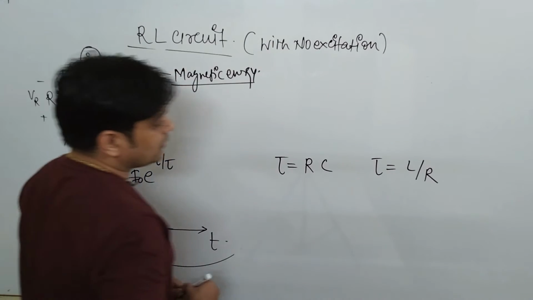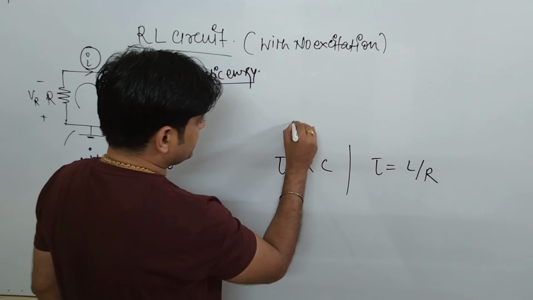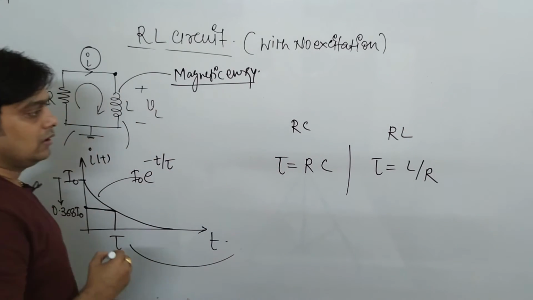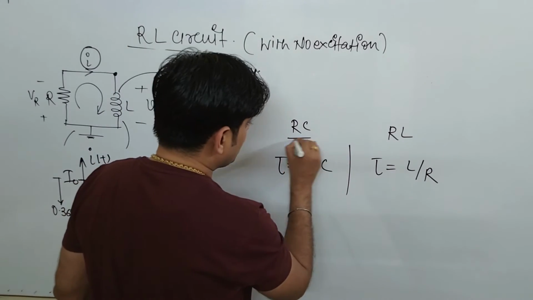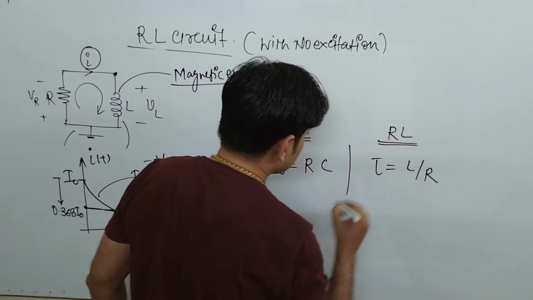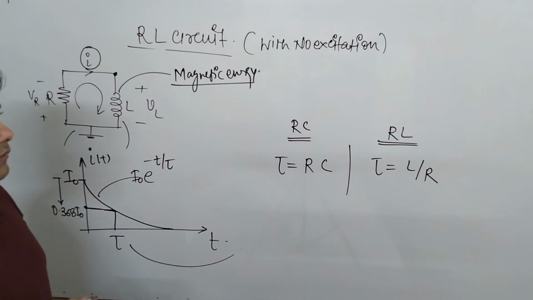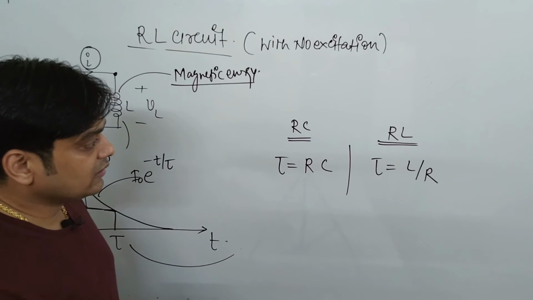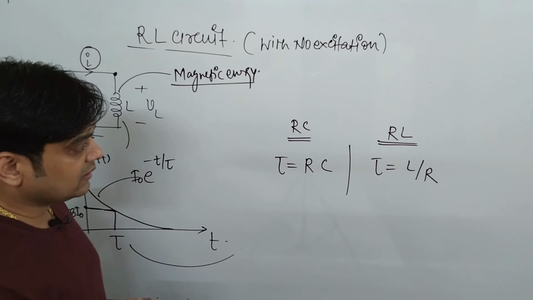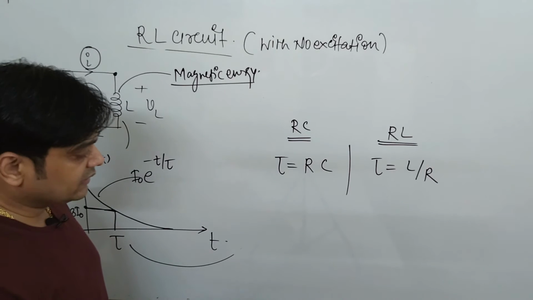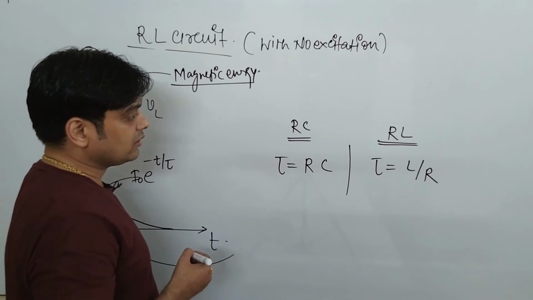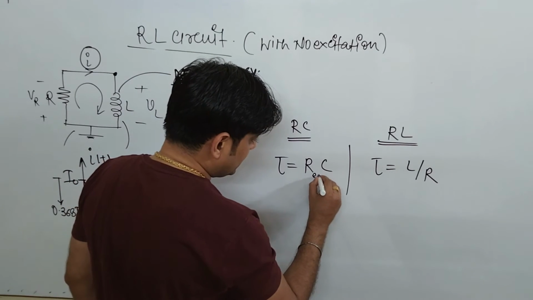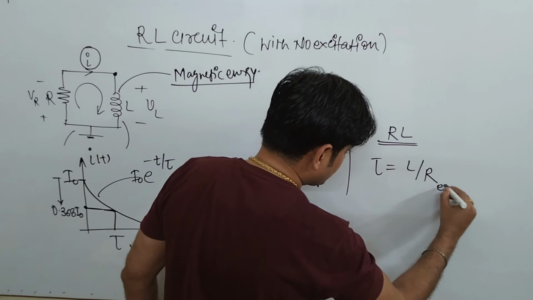So these are the two time constants. It is for the RC circuit and this is for the RL circuit. Now why are we talking so much about the time constant? Because we will see there are problems which used to come in GATE where time constant has much importance, and you have to understand how the time constant is solved, and finally you can get the answer in your problems. So here this resistance is basically known as the equivalent resistance in both cases.